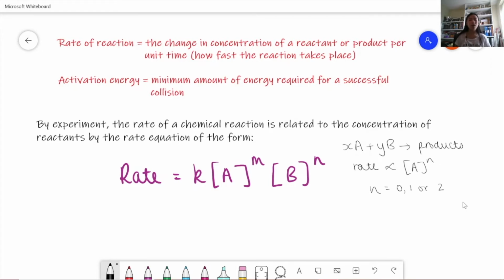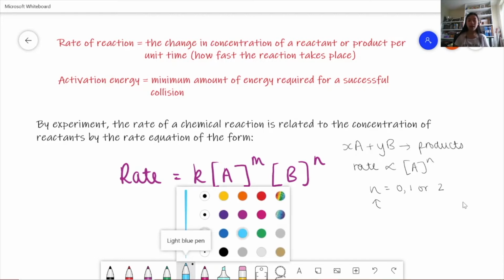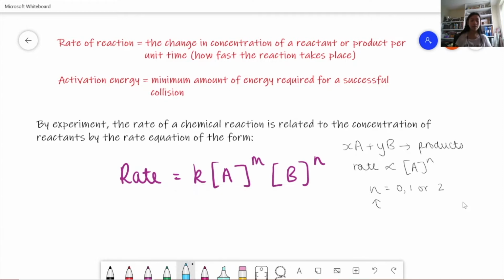And this power we call the order of reaction. And depending on this order, all the graphs, the relationship between the rate and this concentration will be different. And so because for this xA plus yB forms products, that's why this rate equation is like this,